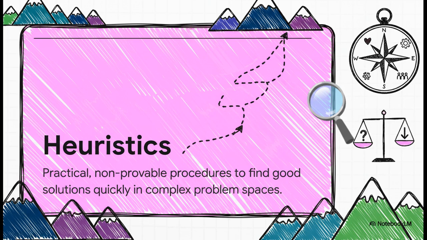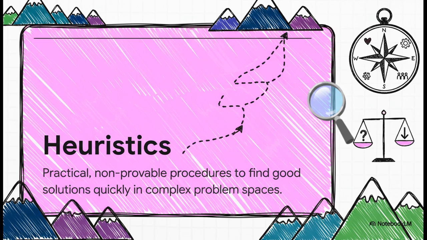Often, we use heuristics. You can think of these as smart shortcuts or rules of thumb for climbing. A heuristic might be something like, hey, if you get to the top of a hill, don't stop. Take a big leap in a random direction to see if there's an even bigger mountain nearby. Now, they aren't guaranteed to work every single time, but for these incredibly complex landscapes, they're our best shot at